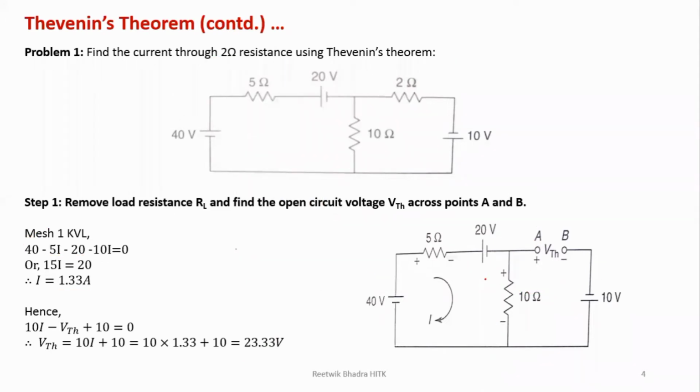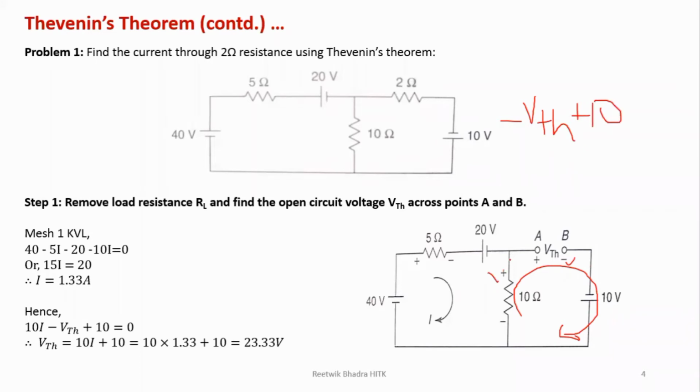But I generally follow a method, the same thing only. What I consider, instead of considering the AB terminals, is this voltage as VTH. And I take a direction here. If I go according to the direction, it's leaving from this minus, so I'll write minus VTH. From here, the direction is leaving from this plus, so plus 10.